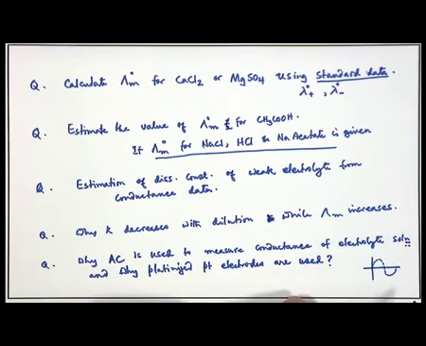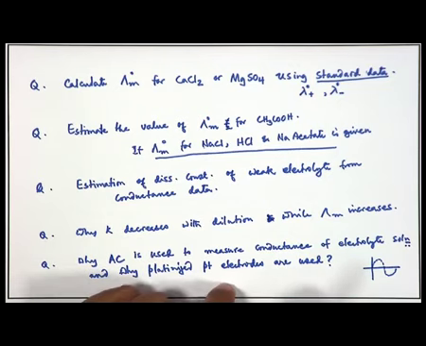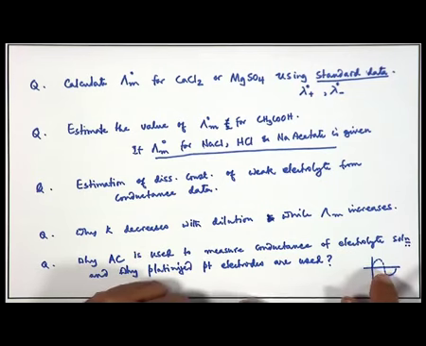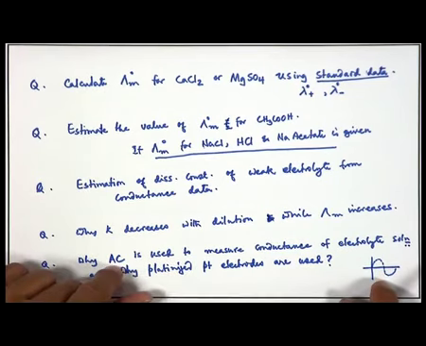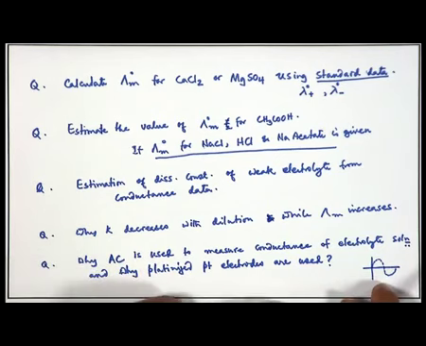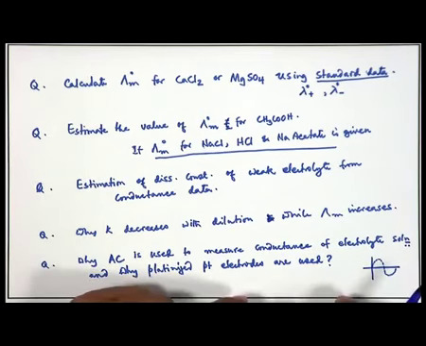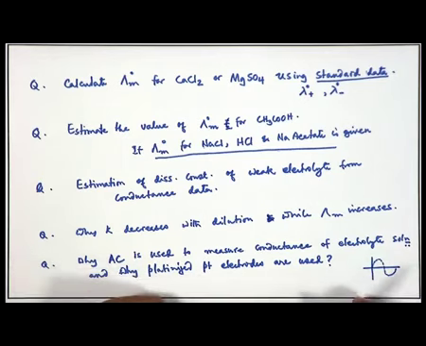If you use a platinized platinum electrode, those two will combine, like oxygen and hydrogen, to produce water. So, the electrode is not affected. But in place of AC, if you use DC, then the electrode reaction will take place, and eventually the electrodes will be covered with gases like oxygen and hydrogen. So, the electrode will be affected, and therefore the measurement of conductance will be hampered. Okay. So, now let us move on